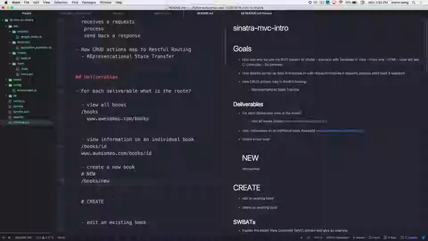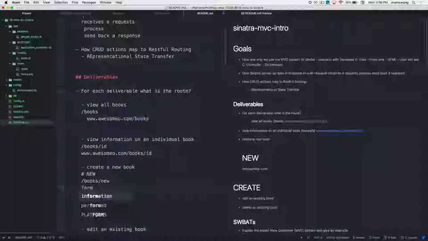Cool. What would /books/new give me if I was on a website? Let's just say you're on Bookface. Facebook, whatever, I call it Bookface. You need to create a new account because you live in 2004 and you do not have a Facebook account. What is the first thing you will see when you're trying to make a new account? The sign-up page, right? You need some sort of form to take the user input for the book,